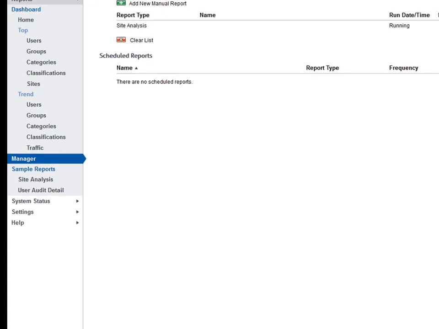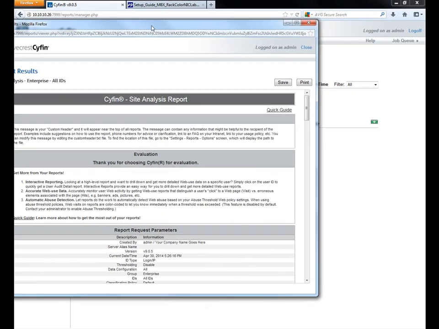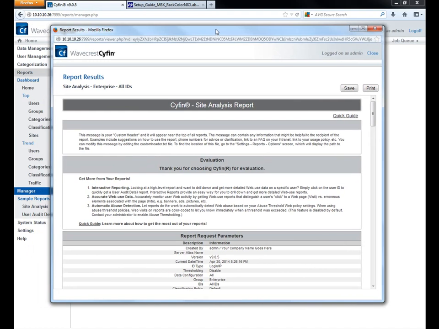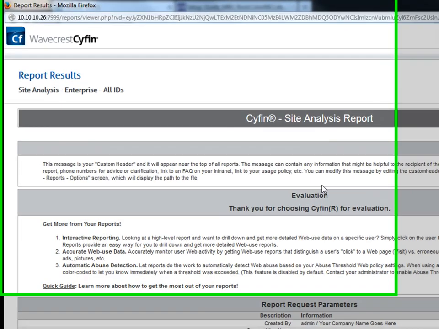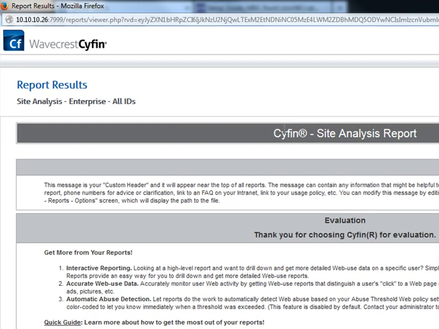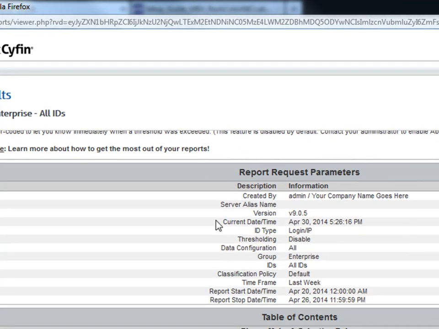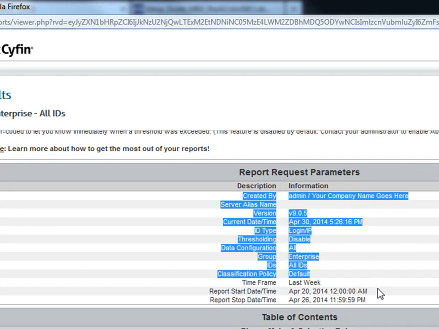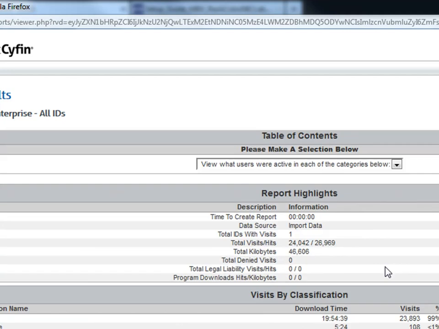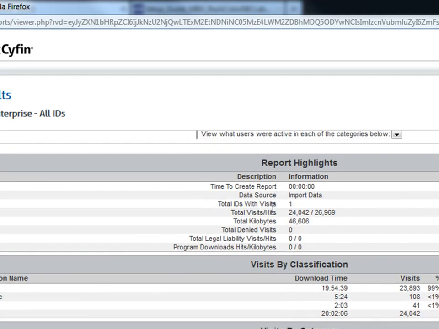And on my other screen here, let me pull it over. The report, because we set it to wait, will appear on the screen. And here's my report. It shows you the report title at the top, and it will show you the parameters that you've created for the report, the highlights,